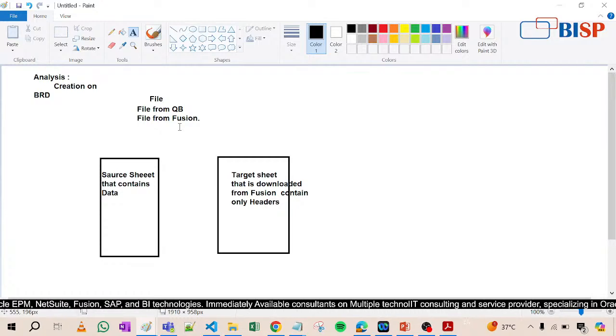And we will never tamper with the source file and the target file. We have to just make a copy. Right, so in this way you have to provide these three sheets to the developer. Now what will the developer do? He will convert them into the form that the user wants. Okay, now